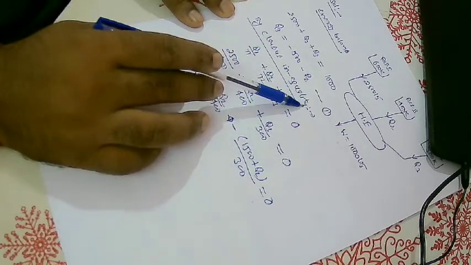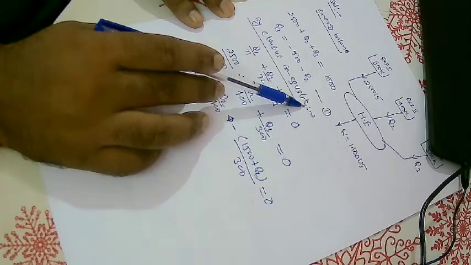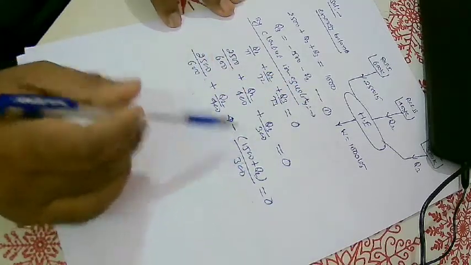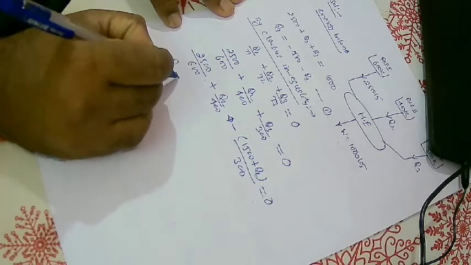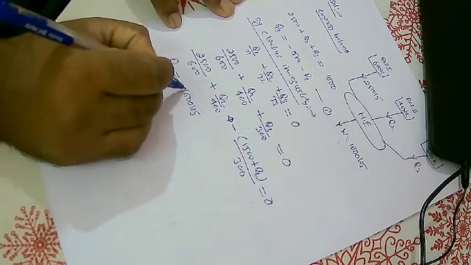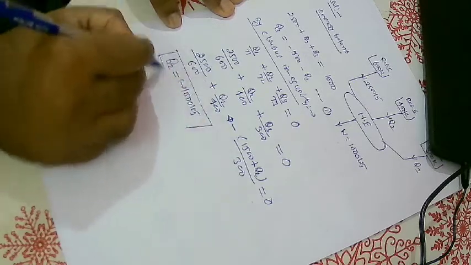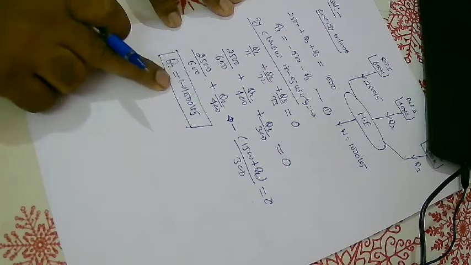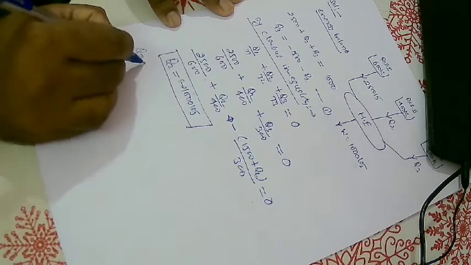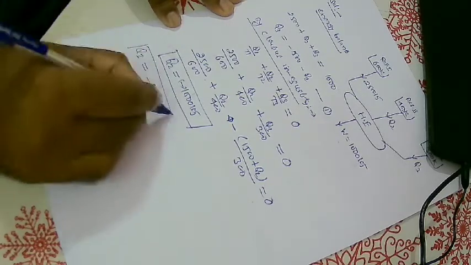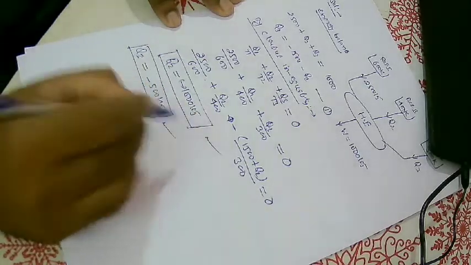This and this equation, right? We can substitute. If I rearrange the terms, I can get Q2, because only Q2 is unknown in this equation. So from here I can directly get Q2, which is coming around minus 1000 kilojoule. So Q2 is known to me, right? If I substitute this value, minus 1000 kilojoule, in equation number 1, I can get Q3. So Q3 is also coming minus 500 kilojoule. So I got one value here, second value here.